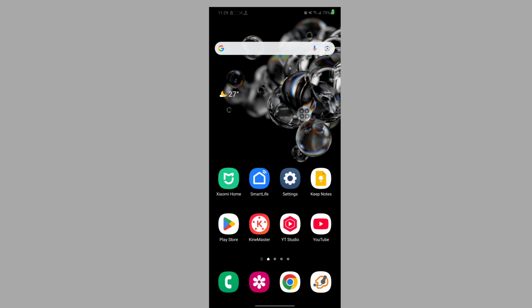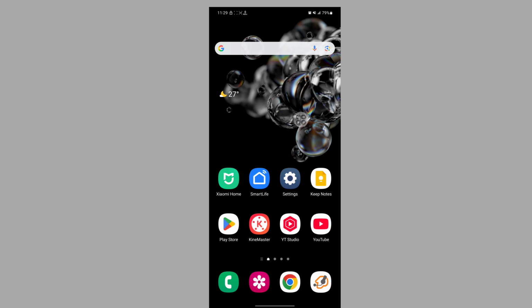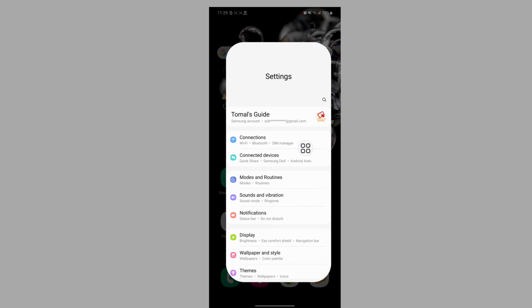In this video, I show you how to fix the call automatically cut problem or could not make a call problem. For solving this problem, swipe down the notification bar, tap on airplane mode on, off, on, then go to settings,